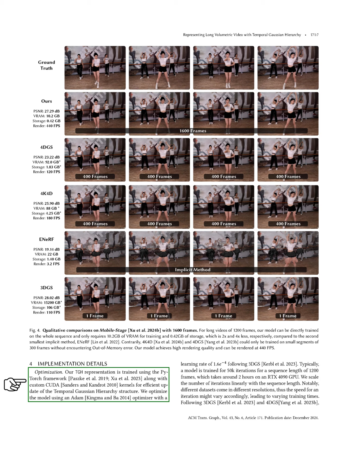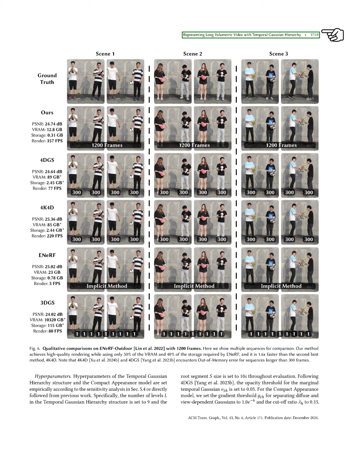Regarding hyperparameters, we set them empirically based on sensitivity analysis or previous work. Specifically, we establish 9 levels in the temporal Gaussian hierarchy and maintain a root segment size of 96 throughout our evaluations. We set the opacity threshold for the marginal temporal Gaussian to 0.97. For the compact appearance model, we define the gradient threshold for separating diffuse and view-dependent Gaussians to 0.98 and the cutoff ratio to 1. We use 3 degrees of spherical harmonics for view dependency modeling, resulting in 9 basis functions. The weights for the mean squared error and structure and perceptual similarity loss are set to 0.8, 0.2, and 0.01,